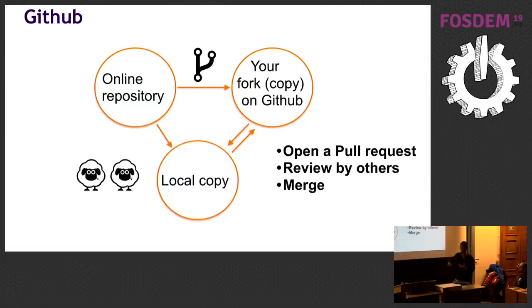Anyone who wants to contribute to QuTiP makes a fork, a copy on GitHub, and then works or interacts with this local copy. Once someone is happy with the changes they have made, they want someone in QuTiP to review the code. Currently we have a small team of lead developers who review the code. And once we are happy with the testing, the documentation, and things work fine, we merge it and it becomes part of the full repository.